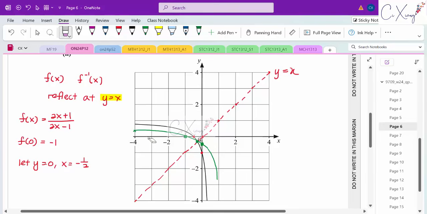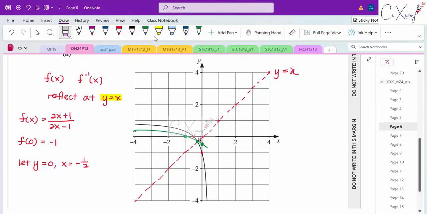Okay, then I know that my original graph here is getting closer to 1, right? So this part here should be getting closer to 1 as well. So I think my curve is too curved, so I try to control it a little bit. And there, this one. Okay,